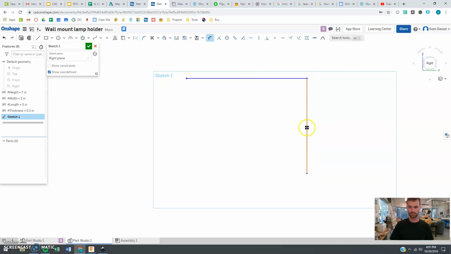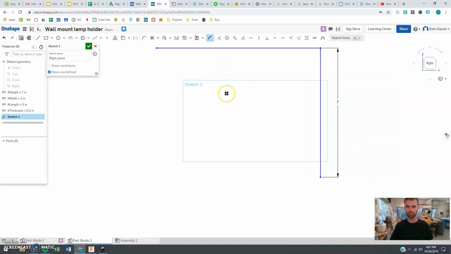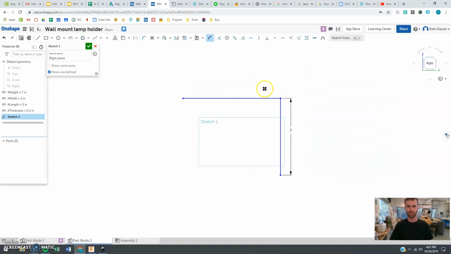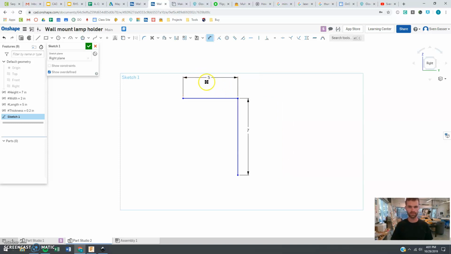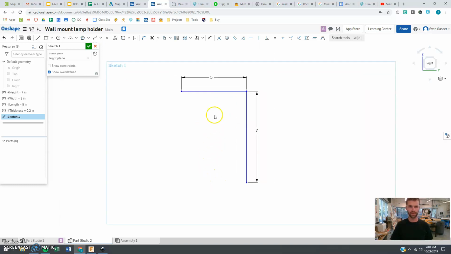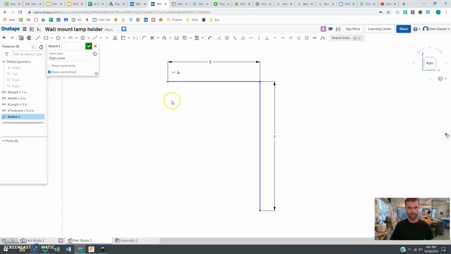And I'm going to dimension both of those by pushing D or the dimension button. Let's back up there. This button right here. And this one should be the length. Again, these values can be anything you like here, so don't use the same numbers as mine, make them fit your lamp. After that, you can really design anything you like coming through here, give it all sorts of cool